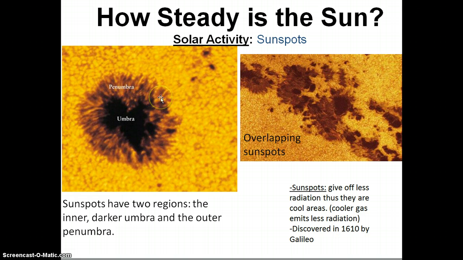So if you've got more intense radiation being thrust out, kind of like a wind tunnel effect, if you will, and you have a lot of these, you're going to send that concentrated area out into space. And if that happens to be facing the Earth, so that portion of the sun that has all these sunspots is facing the Earth, the Earth receives more radiation. If that happens over a longer period of time than normal, then you're going to get more radiation at the